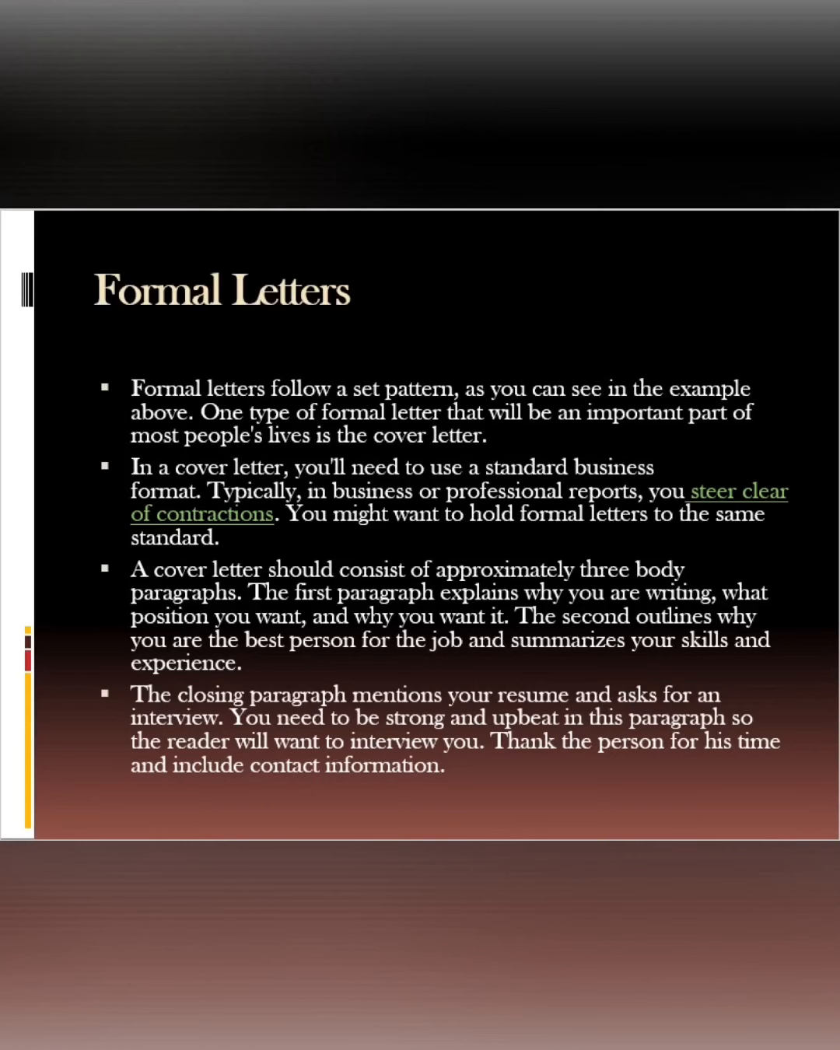Okay? I hope it's clear to you what a formal letter is and what an informal letter is, what the difference between these two letters is, and how you can write these letters. Okay, now moving forward,